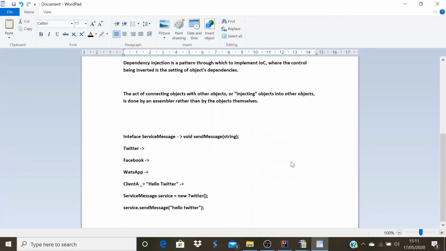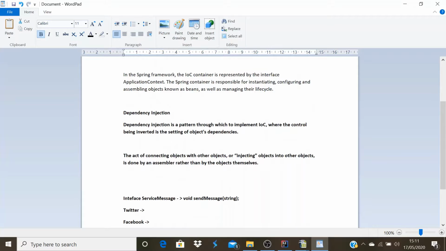That means the Spring framework will take care of this particular code, that is instantiating or configuring the bean. We can have a configuration class where we define the beans, and those beans can be injected into our code, and we can develop our code without worrying about which service class is implemented.